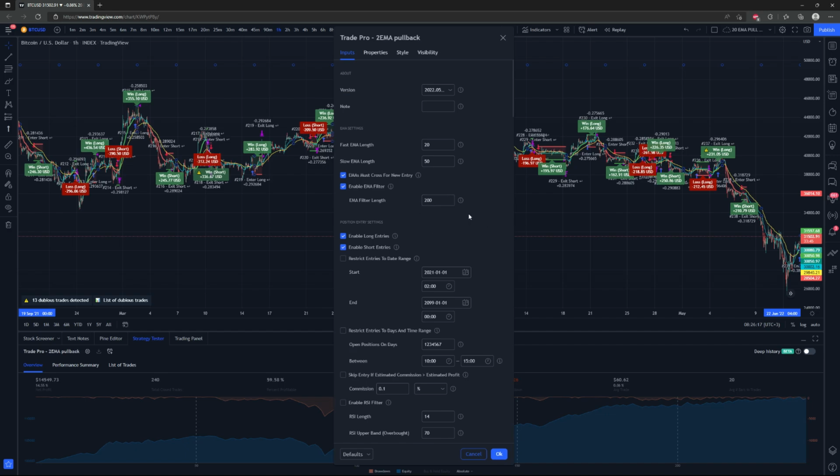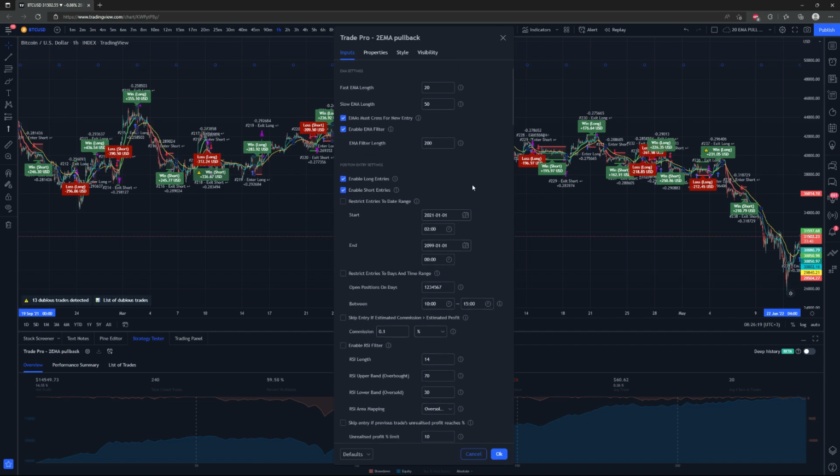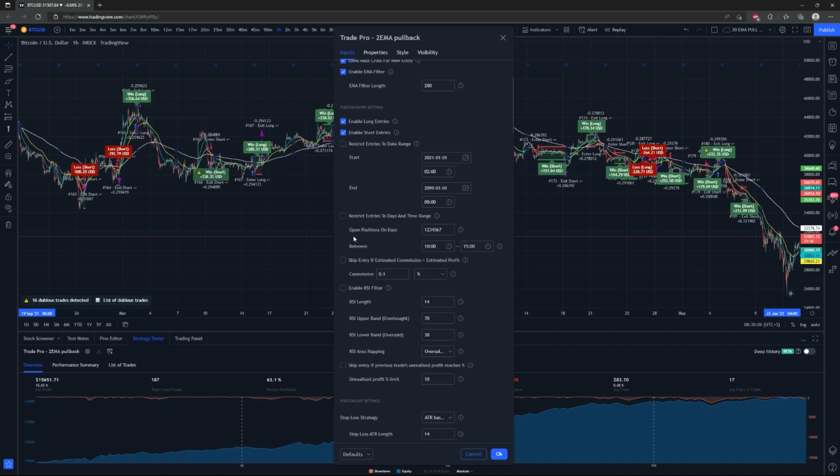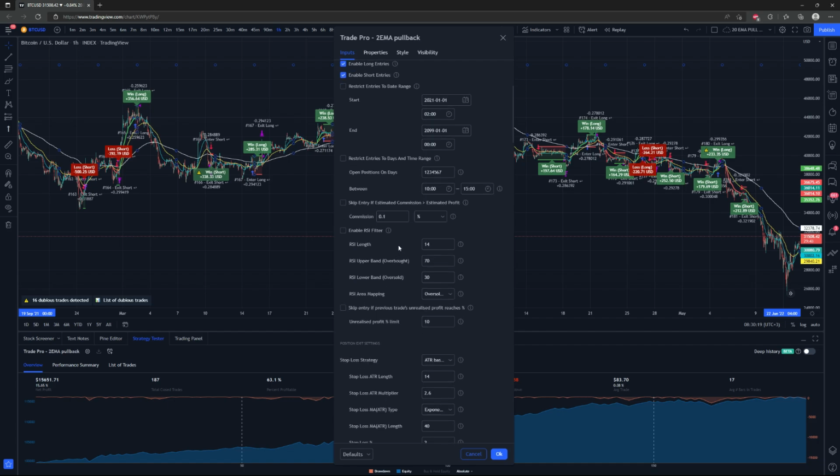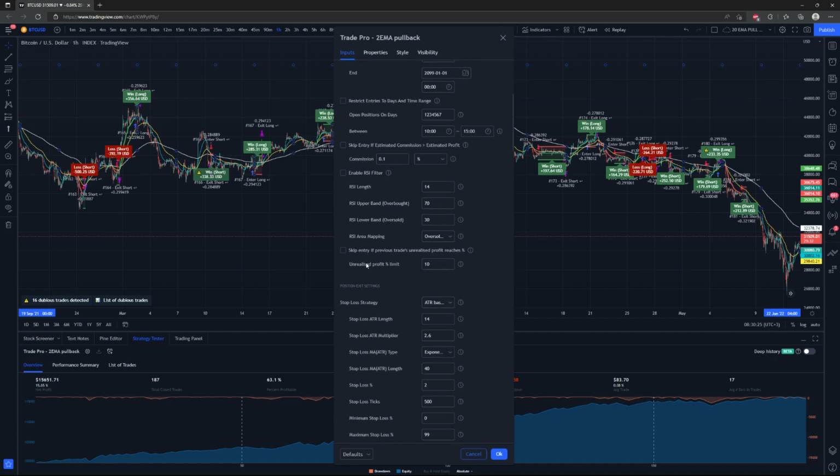Now we'll go down to the next section here, the position entry settings. Here you can choose between long entries and short entries or enable both. You can restrict entries to a certain date range, certain days of the week, and a certain time range. You can have it skip entries based on commission being greater than estimated profit. There's an additional RSI filter, and you can have it skip entries if the previous trade's unrealized profit reaches a